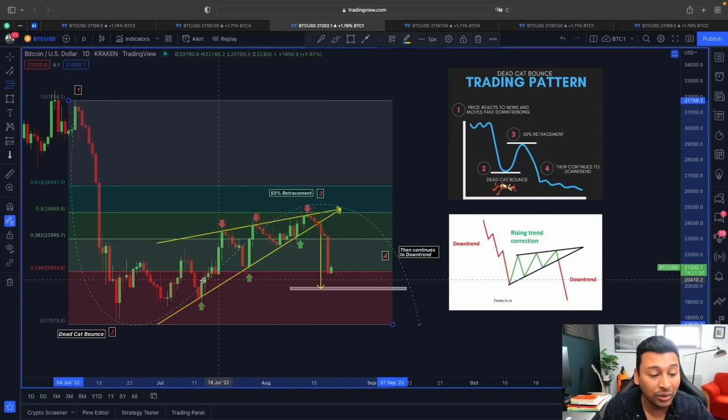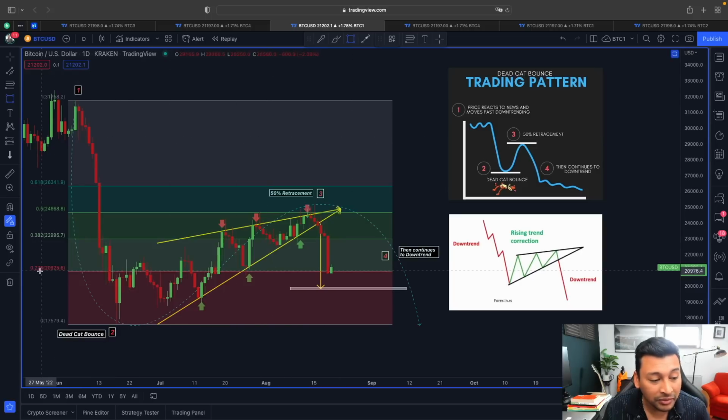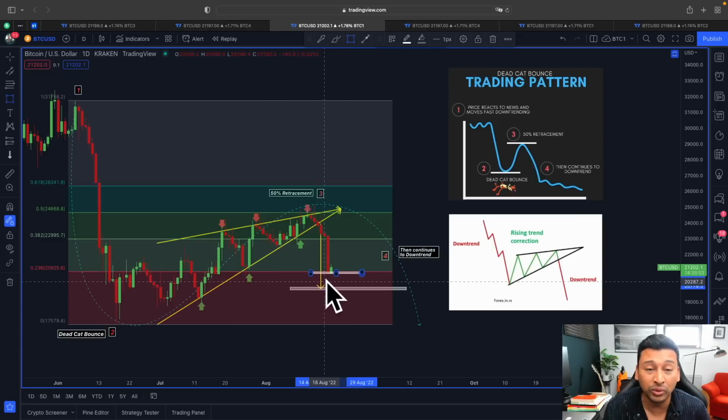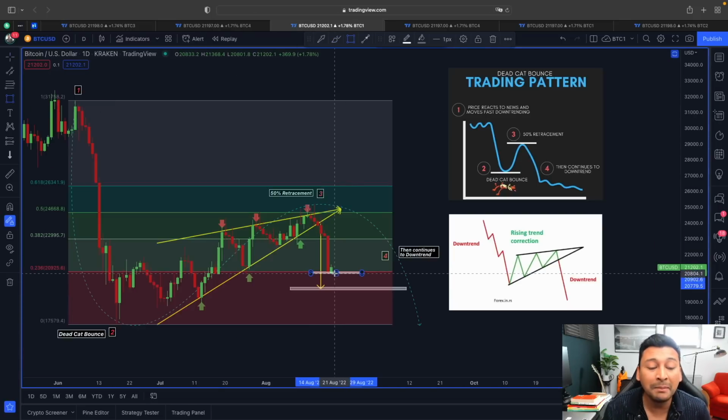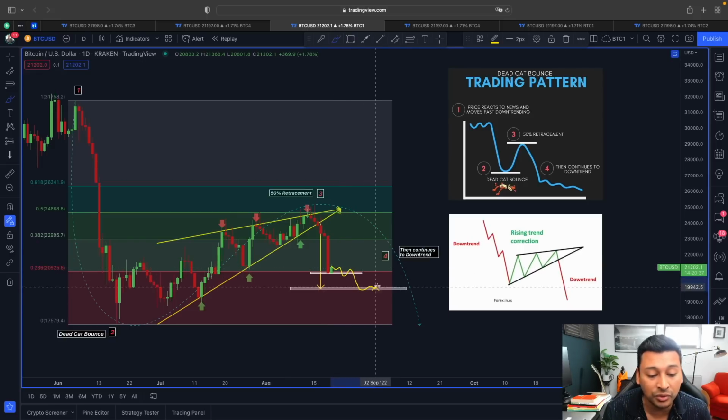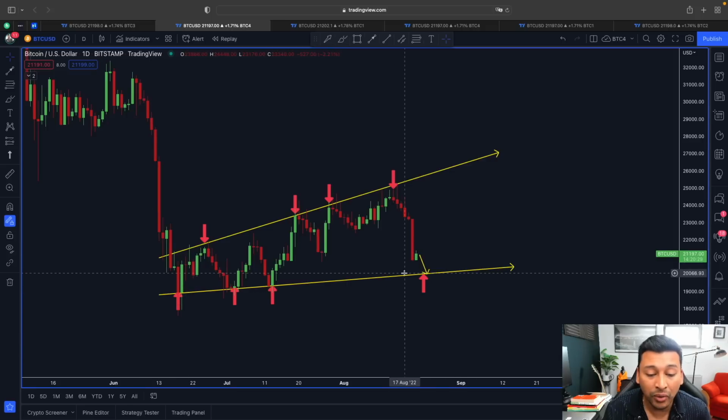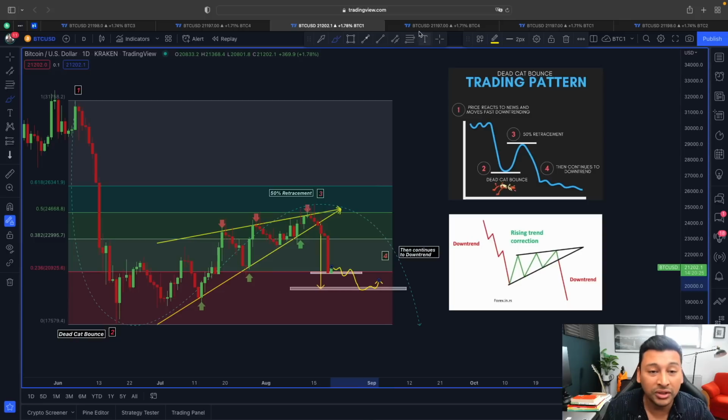That's why guys, since the price is holding the support from this 0.236 Fibonacci line, which is around 20,900, you can see as soon as this support gets broken, and as soon as price also reaches the target from this right angle broadening wedge, we have to be careful because this support might not last long. It might be just a temporary support line like this, with price bouncing around that area and then again showing weakness towards the lower target area, because this is the target from this rising wedge, this is the target from this ascending broadening wedge, the lower line area, and also guys, the target from this CPR indicator.